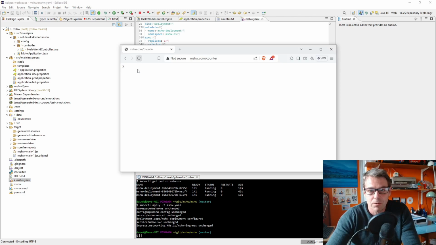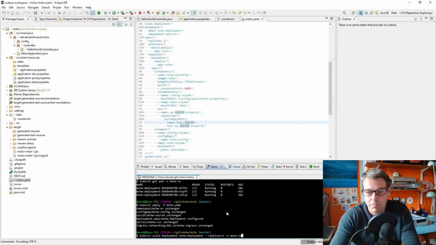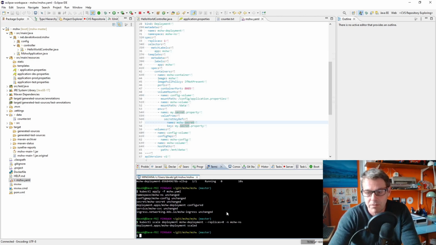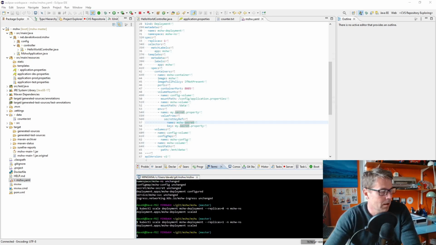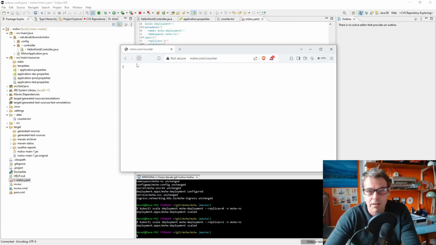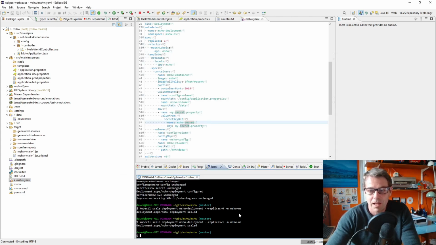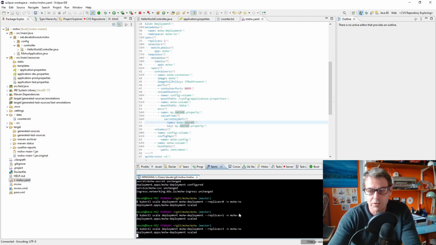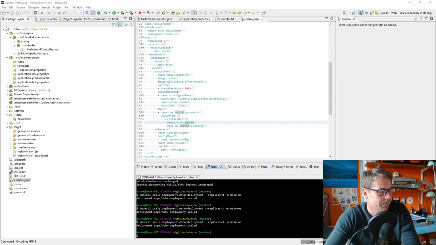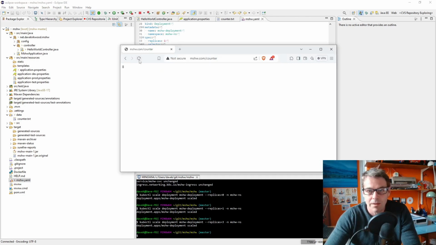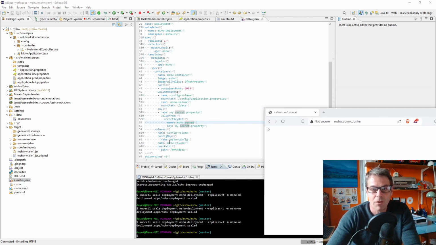Now we're back to 1, 2, 3, 4. If I scale back the pod down to 0 and scale it back up to 1 and reload again, the counter keeps working. And if I scale up the replicas to 3 replicas, the counter keeps working. So what we're doing now, we're using a file on the host, which is the node,